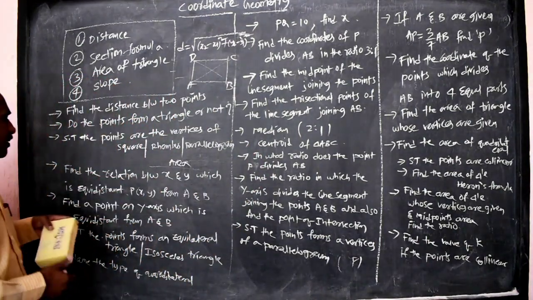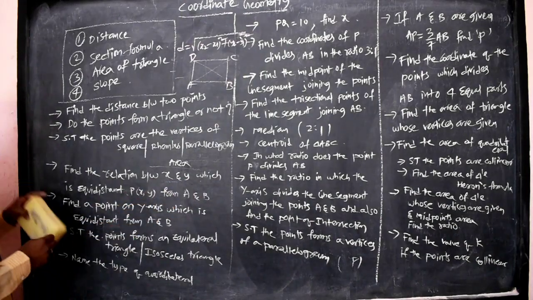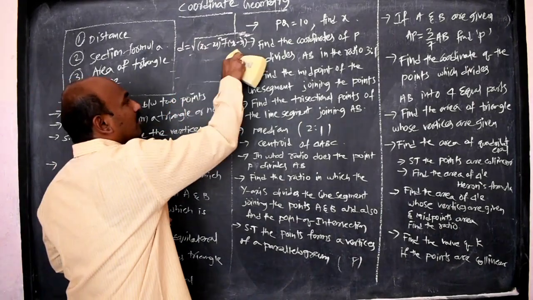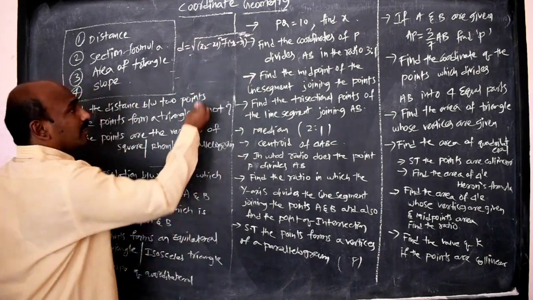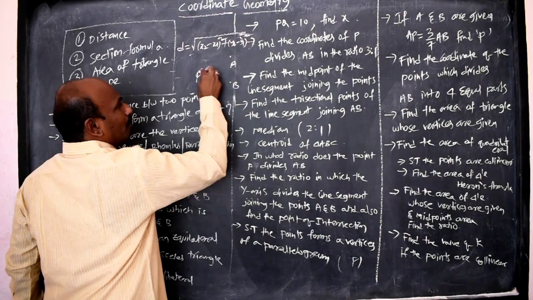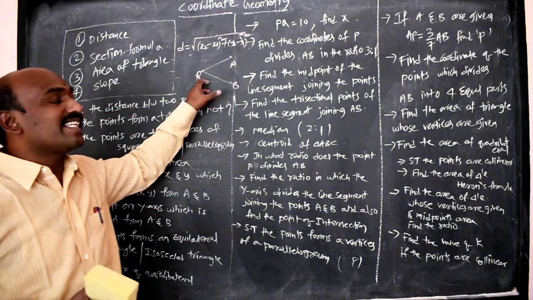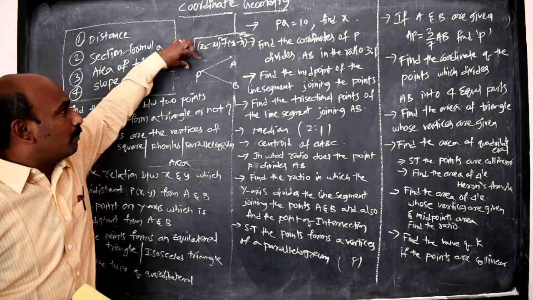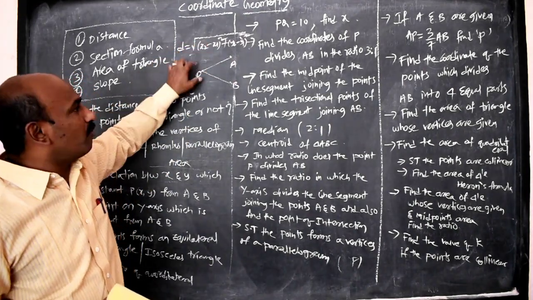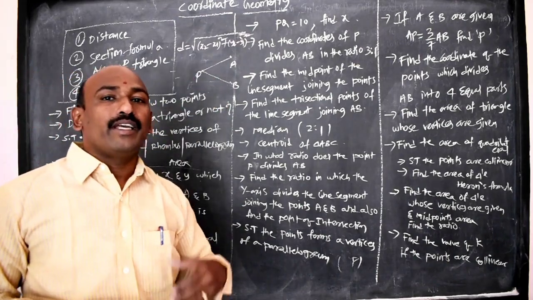If you go to the next concept, relation between x and y, which is equidistant. What is equidistant? Equidistant is nothing but if you take a point P in a plane, and A is another point and B is another. PA distance is some value, PB distance is also the same. We can conclude that P is equidistant from A and B. From P to A, how much distance is there? From P to B also the same distance. We can conclude that P is equidistant from A and B.